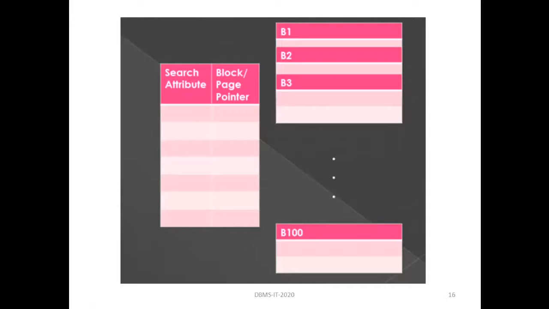Not all the records, or all the records within a single block, have been pointed. Just the base address of the block is stored in the index file, and the block pointer points to the base address of the given block of the main file. The first block pointer will point to b1, the next block pointer will point to b2, and so on. So in this type of indexing, not all the records of the main file are stored in the index file. That is why it is known as sparse indexing.